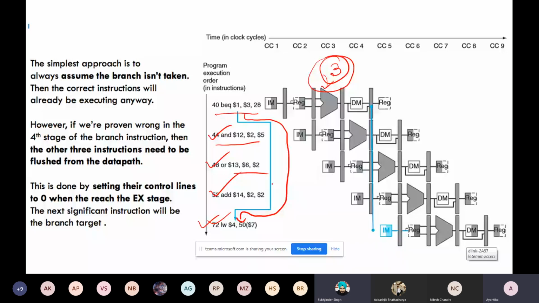But what will happen? Whatever values you have stored in that memory, that part you will flush, and you will immediately start execution from this part. Yes, you can tell it. It will be stopped. From whatever cycle position it has executed, from there it will be removed and it will load this part. So the values will not get changed of address 12 and address 2? The values will be removed as soon as we jump to the last part, right? Yes, yes. Whatever the next address is at the time you are getting the decision,